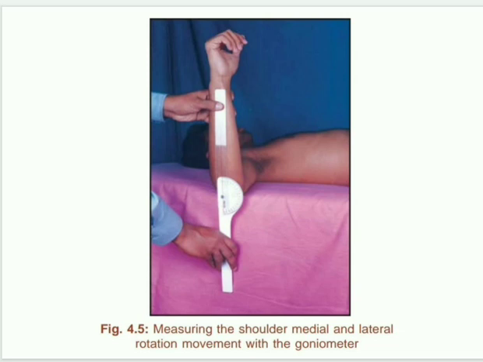And the medial rotation is the same as lateral rotation. Same, supine lying, and you need to keep the same fulcrum at the olecranon process. Your stationary arm must be perpendicular to the mid-axillary line of the thorax, and your mobile arm must be parallel to the longitudinal axis of the ulna. Right? These things you need to remember.